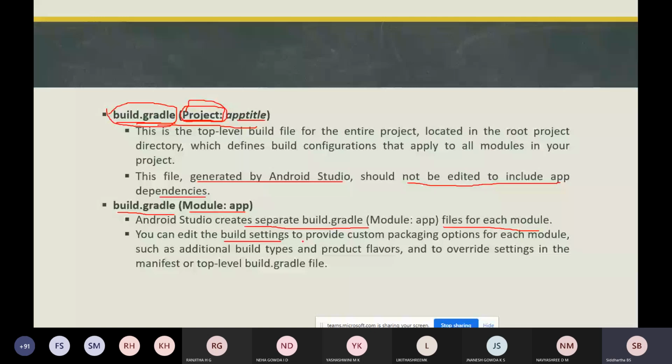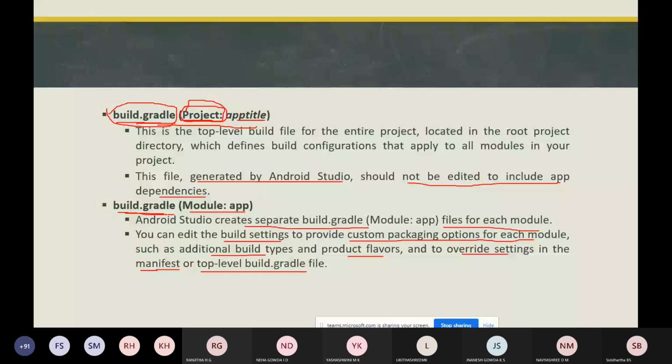Such as build types, product flavors, and override settings. Whatever contents you have specified in the manifest, the AndroidManifest.xml, can be overridden in the build.gradle file.